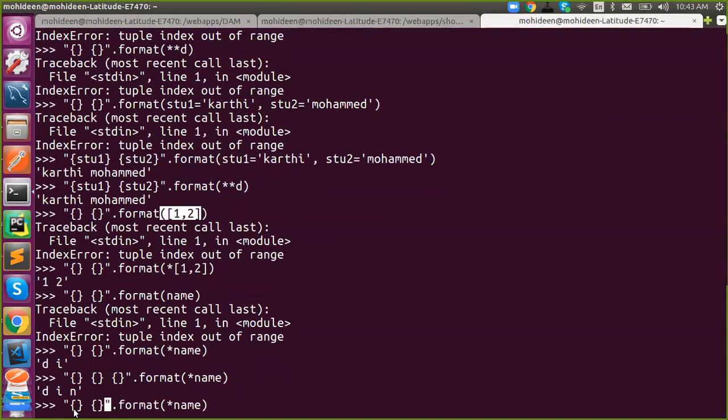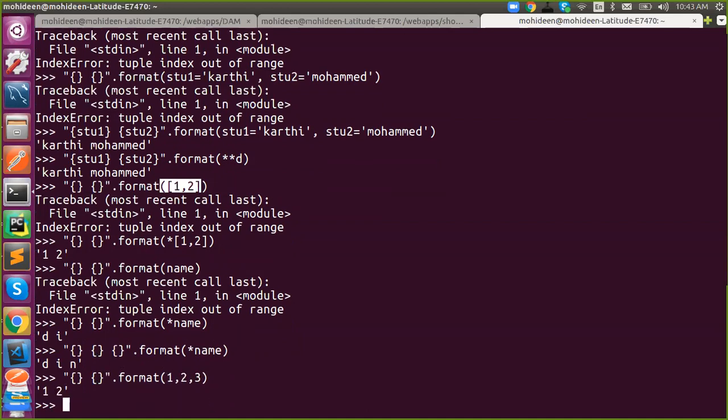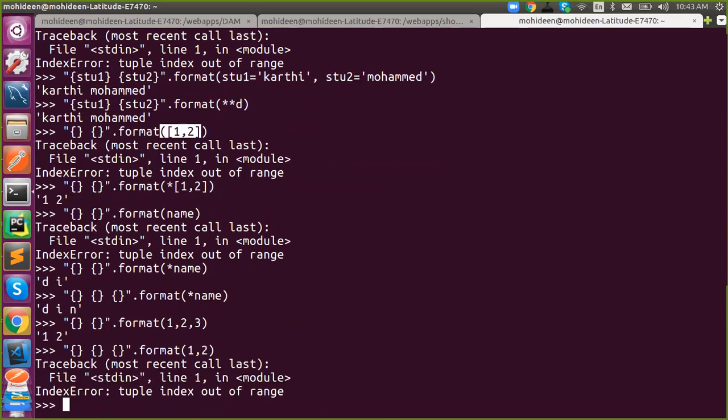So here, if you have two curly braces and you pass more than two, it won't be a problem. It will simply neglect it. For example, say 1 comma 2 comma 3, it will neglect the remaining stuff. But if you have two inputs and more than two curly braces, then it will raise an index error, because it will be filled with 0, 1, and 2.